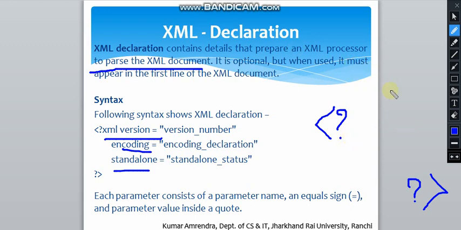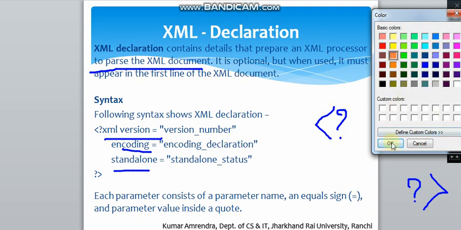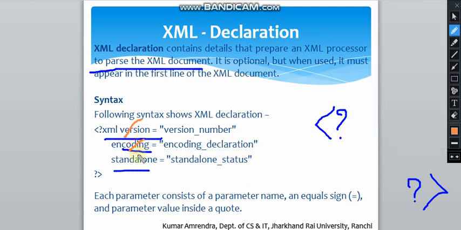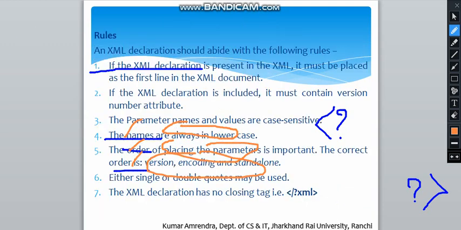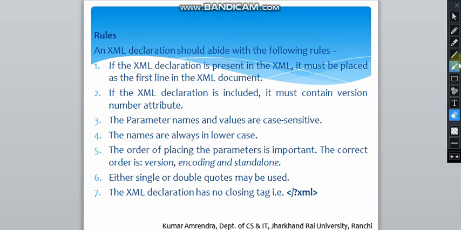So XML version, encoding and standalone are the parameter names, and these are the values of the attributes: version, encoding and standalone. We have some rules for declaring this XML declaration. Let's move on to that.